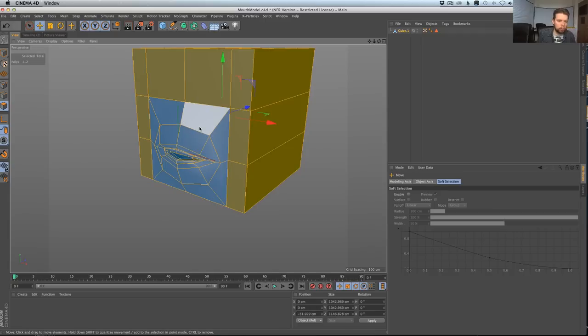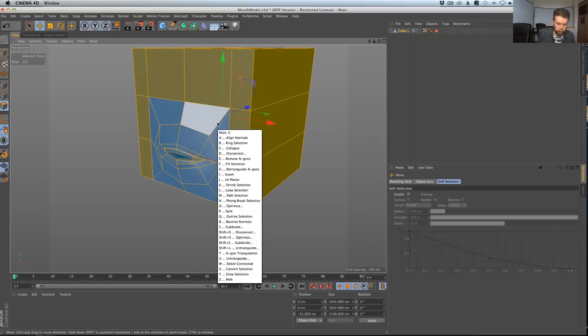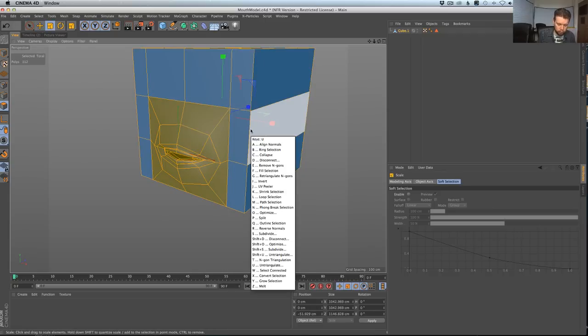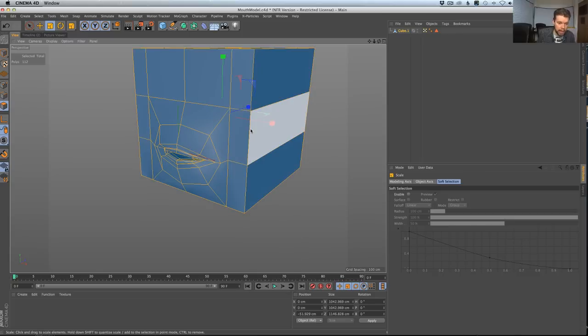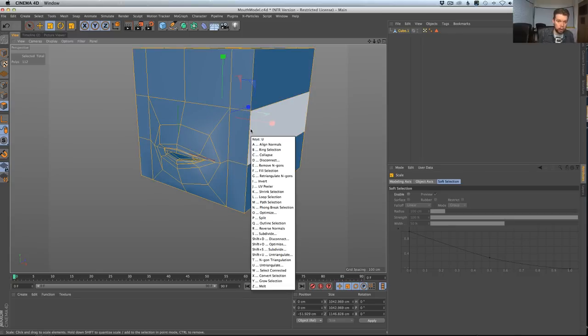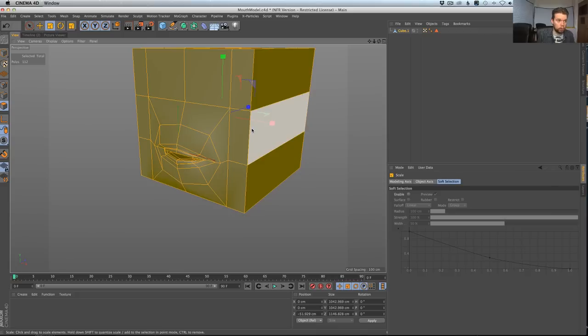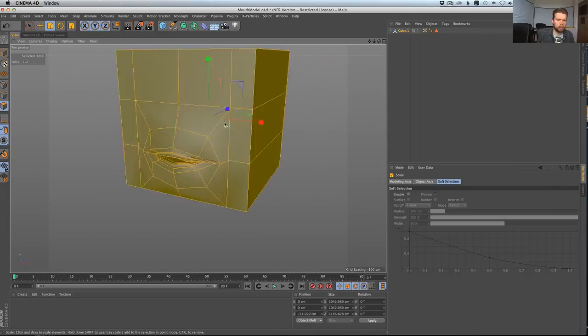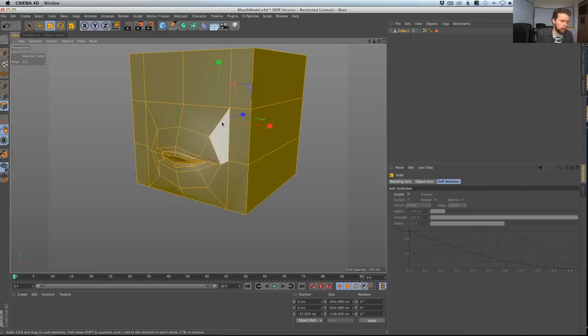I think my normals are inverted, so I'm going to select all and hit U R, and actually U R is reverse. U A is align normals, so now they're all the same, but they're all backwards. So now I hit U R for invert normals. Now you see that's all lined up correctly, and we've got a face going. Awesome, straightforward, not too bad.